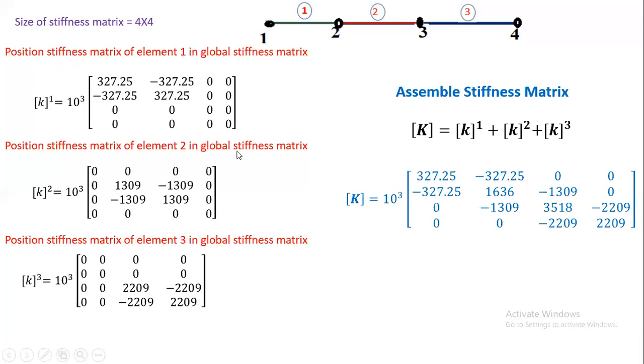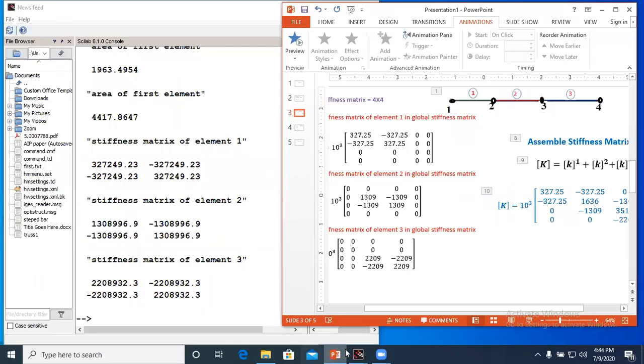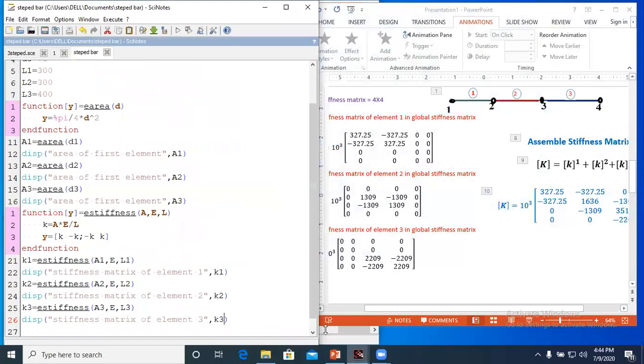Now this is manual calculation. How we can do this process by using Scilab software, that I will explain. For that purpose, I will first define the stiffness matrix with all zero elements, and then I am going to add one by one at appropriate locations.